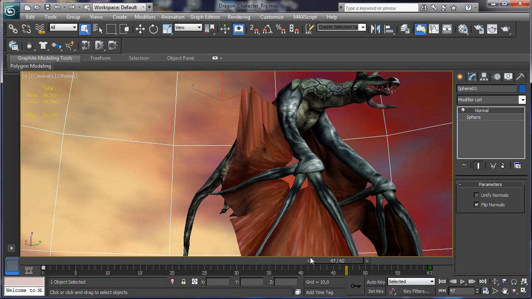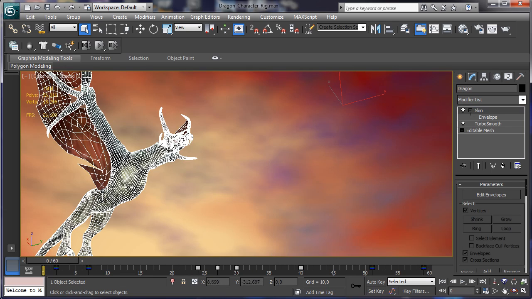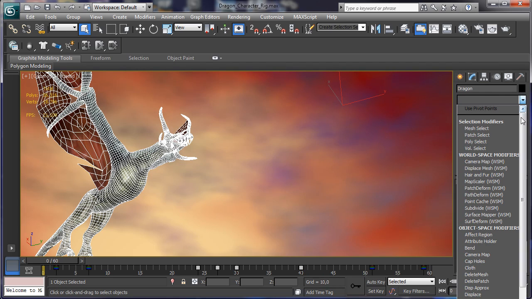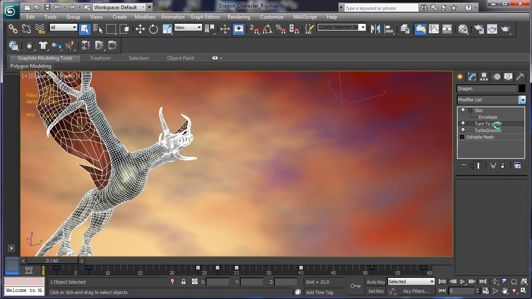If we'd like to have a speed up inside the animation, we can select the animation there, and before the skin we can use the Turn to G-Poly modifier. You see this one. Now it has moved all the polygons from the memory and the CPU to the GPU manipulation.